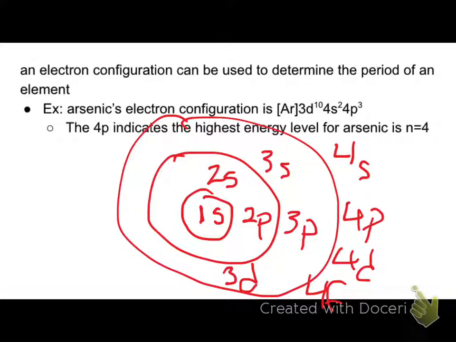Okay, so when I ask you for the highest energy level, I'm not asking you for the orbital. Okay, I'm not asking for S or P. I'm asking for the number. Are we in the 1, 2, 3, or 4? And in this case, because it has 4s2, 4p3, there are electrons in that fourth energy level, so N equals 4. Even though it has the 3d there,